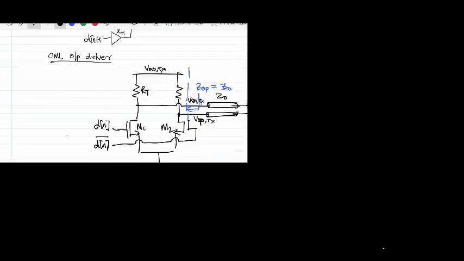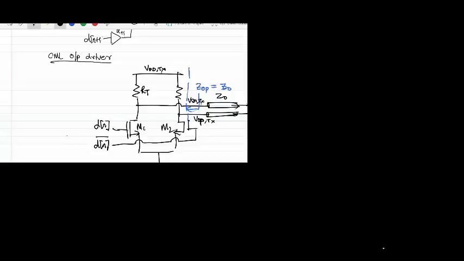And VOP TX is equal to VON. I mean, when I am saying common mode operating point, it is when D n and D n bar are both at the same common mode voltage. Let's call that VCM of transmitter, which is equal to